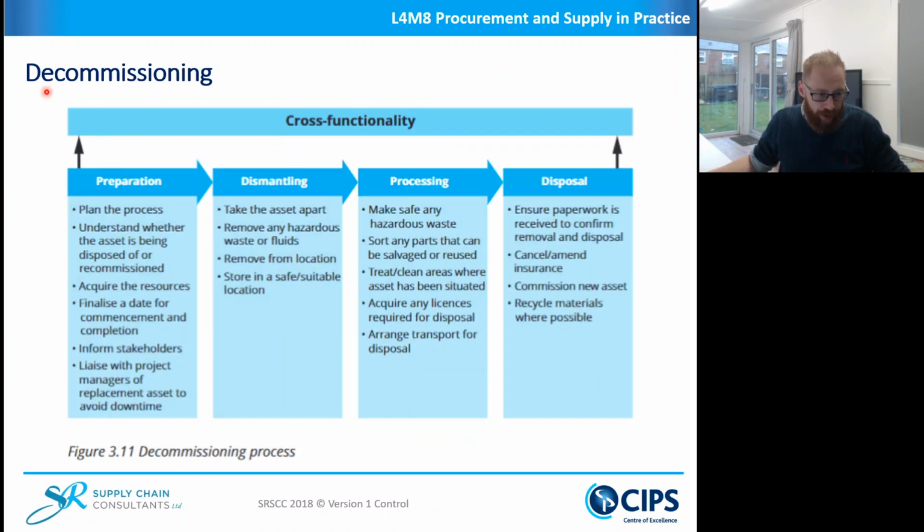Okay. Decommissioning, I need you to know, if you get a question about decommissioning, I'd expect to see these words about understanding and preparing for the decommissioning, making sure you've got the resources, the process of what's going to be done, how it's going to be done, making sure your stakeholders know what's happening. I'd expect you to then be able to say about the idea of dismantling, taking the asset apart, removing any hazardous waste or fluids, removing from location, any processing that needs to be done in regards to the hazardous waste,